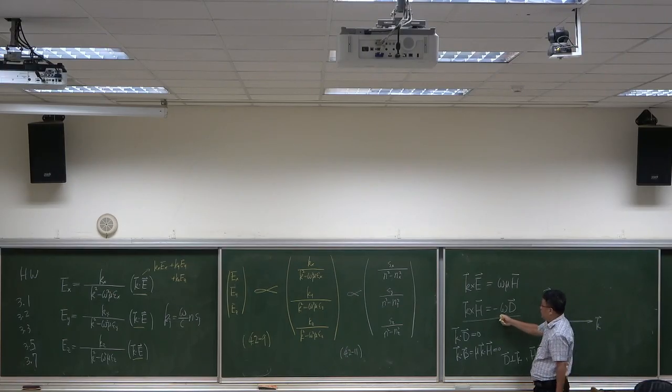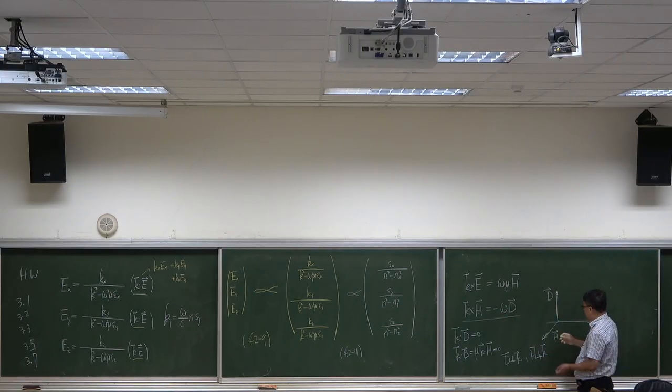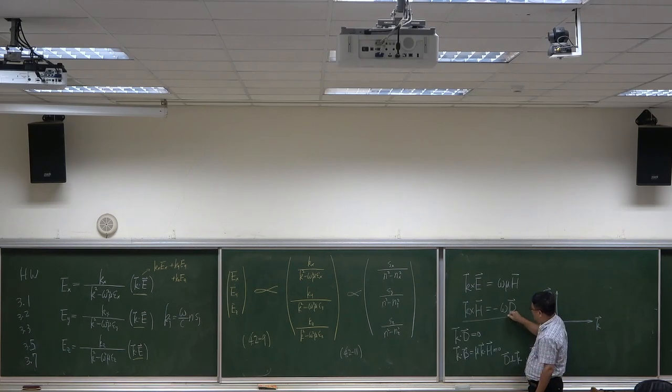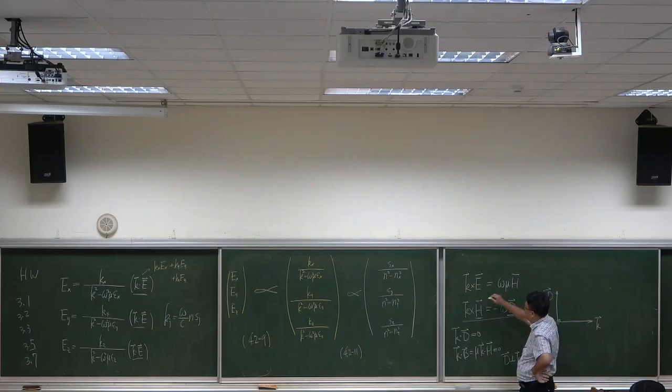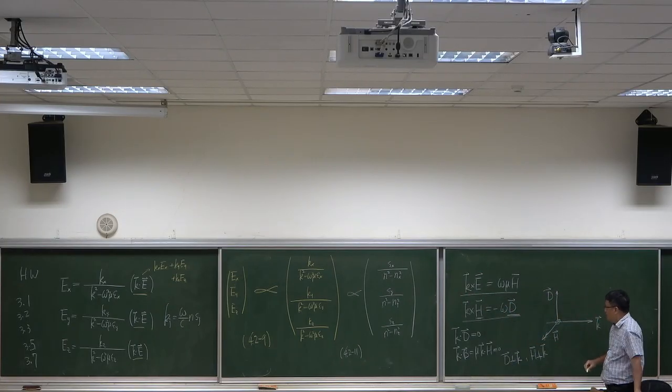However, this equation tells us that k cross H is along the minus D direction. So this D is perpendicular to H also. 所以这些都是垂直。